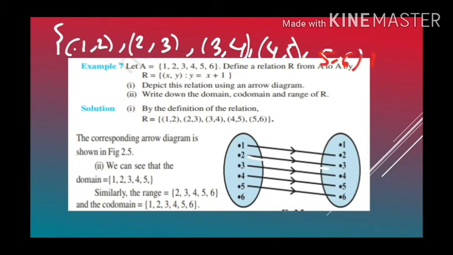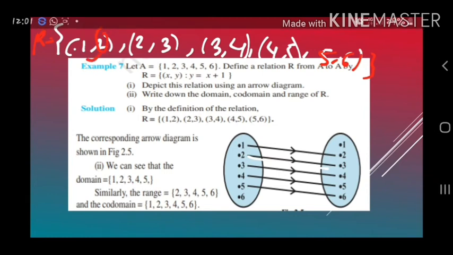This will be the collection of elements of the relation set R. As you can see, the second element is the image of the first element, and each ordered pair satisfies this condition.